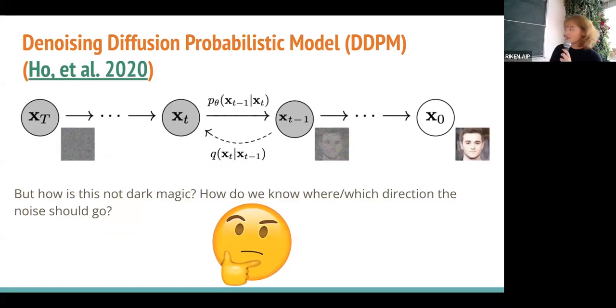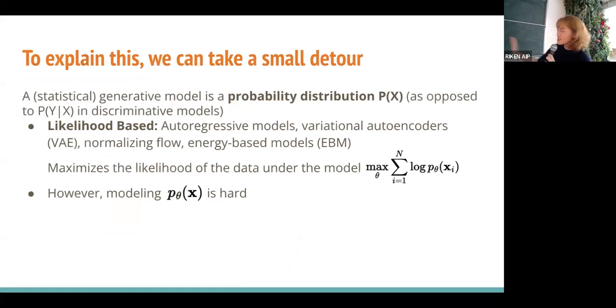But the problem is, okay, this is a little bit of a small detour, because this is relevant to what I'm going to talk about in my work. But we need to understand how this works, right? How is this not dark magic? So basically,